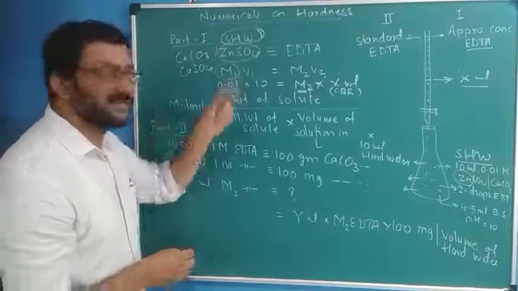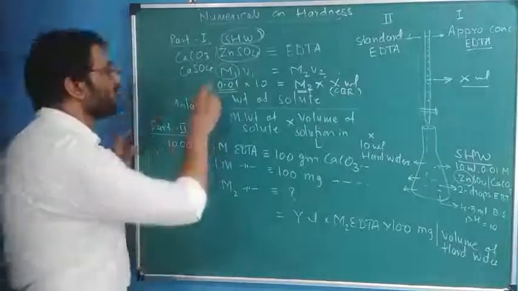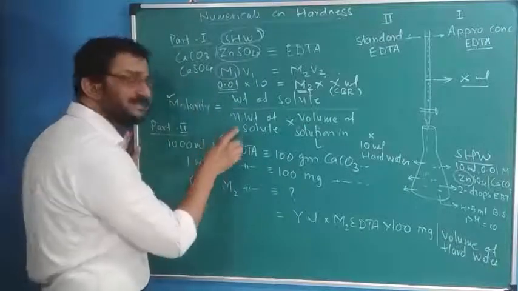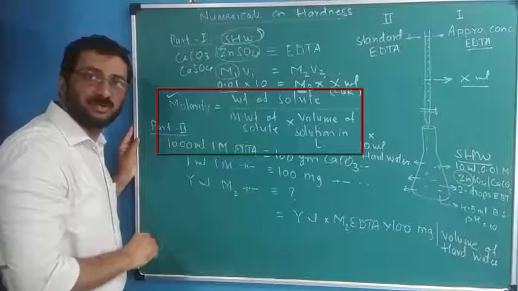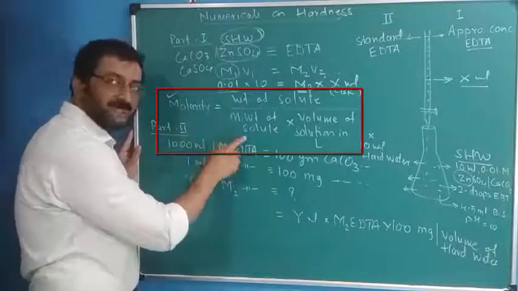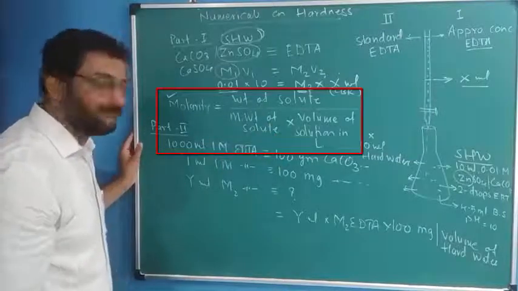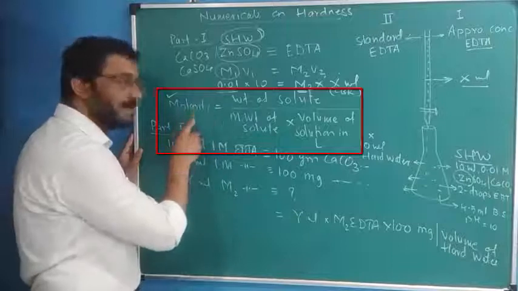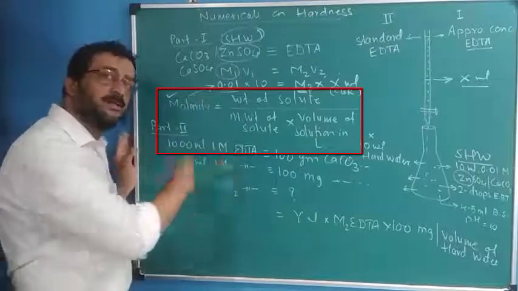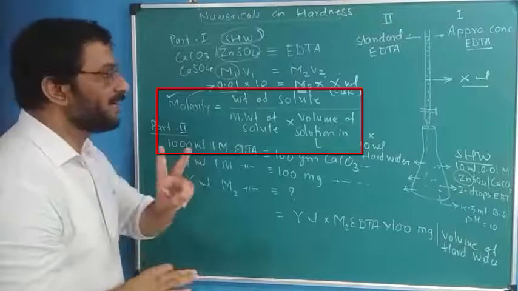if we know how much zinc sulfate is added in making that solution, we can find out molarity using the simple known equation. How much zinc sulfate is added, divided by the molecular weight of zinc sulfate or the given salt, into the volume of solution in liters. From that we can find out molarity, put that value here and go to the second part. So, 2 points in the part 1.